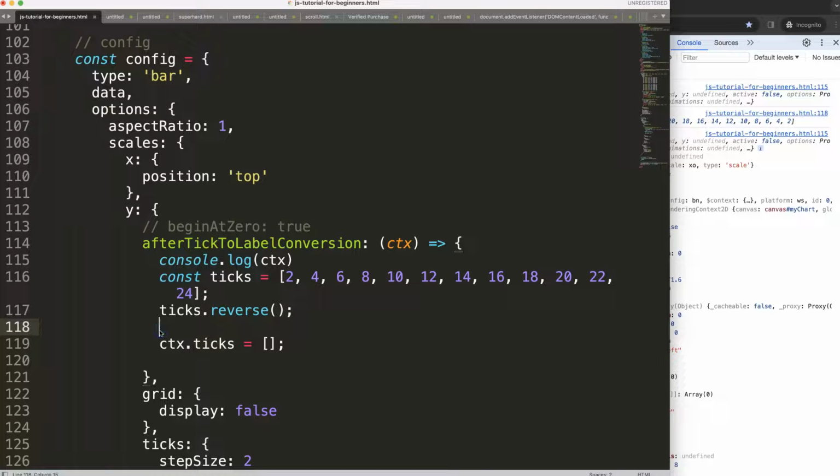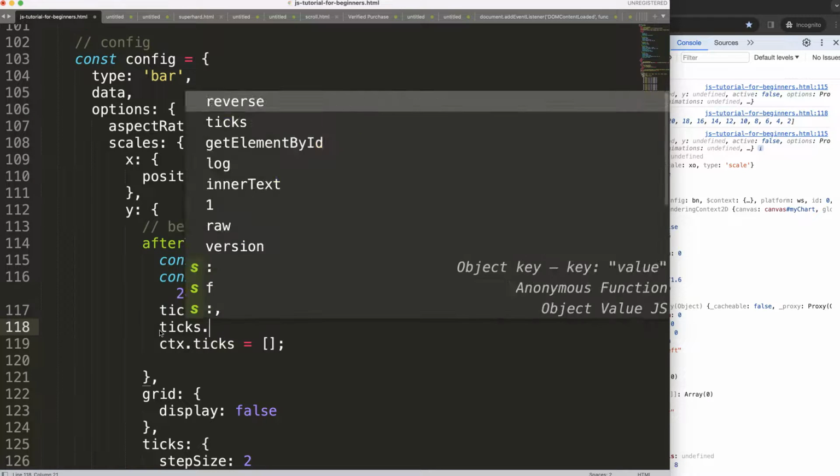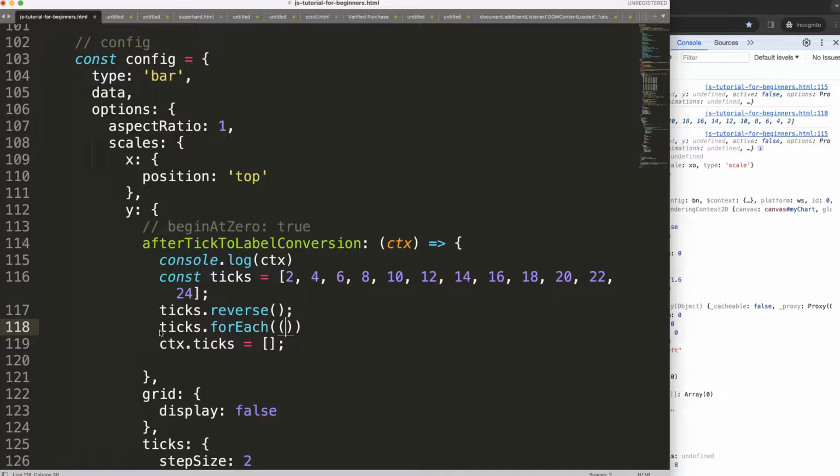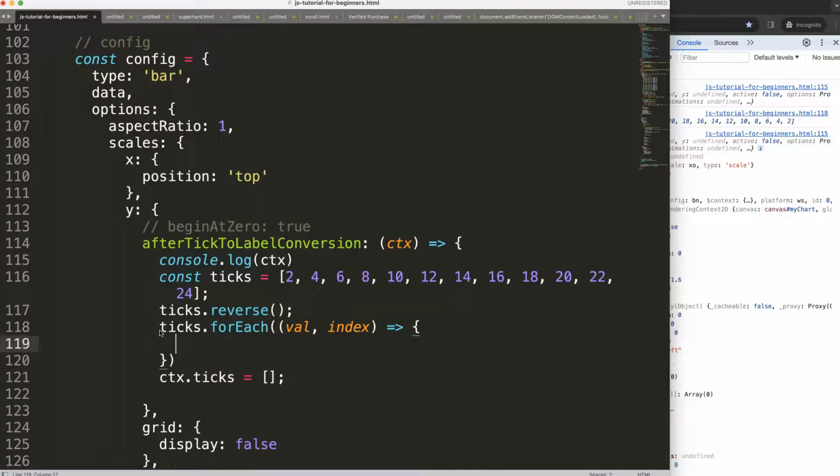So what I'm going to do here is, for the ticks, we do a forEach loop, and then we're going to say here for the value, comma, index, and then a function arrow expression, put that in here. I'm going to loop through these and push them in. Since this is now in reverse order, we don't have to worry about fixing that because of the reverse here. So what I want to do here is, let's see, we have a few things. I want to say